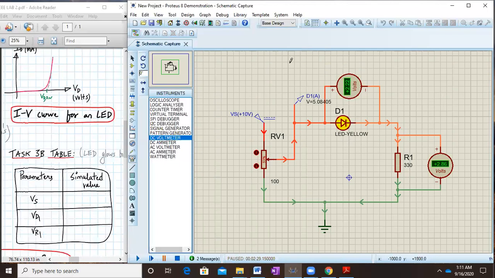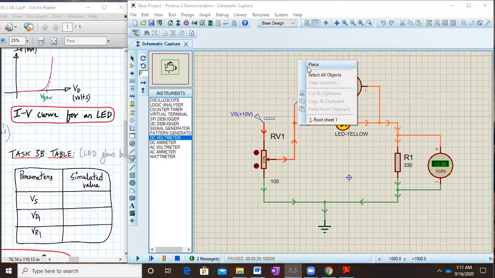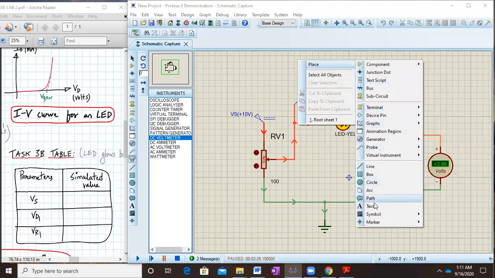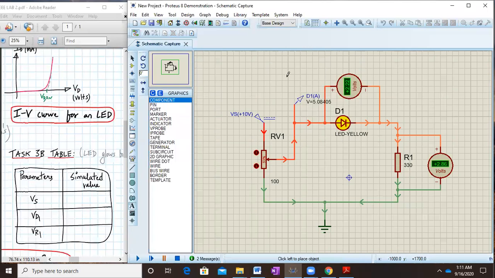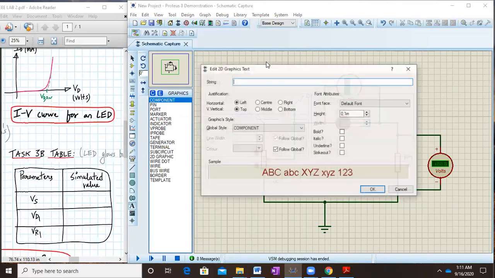Don't forget to add your name and your roll number here. So let me add my name over here. Similarly, you can add your own name, your roll number and your lab number. Okay, so please do that.